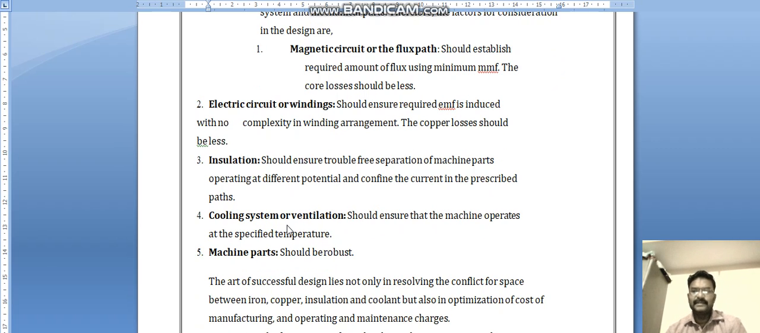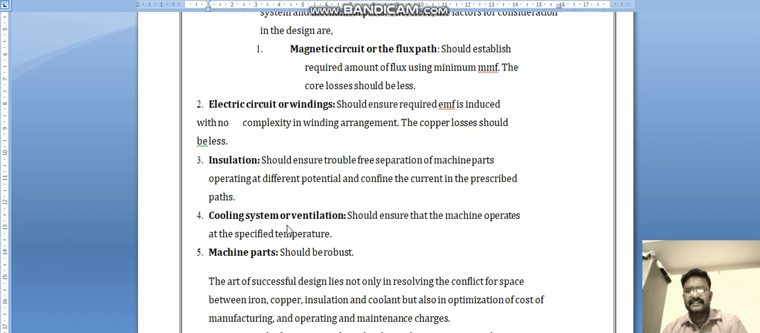Insulation will separate the stator and rotor, as well as the windings present in the stator itself. It should not be short circuited, so each and every winding will be separated by insulation. And the cooling system or ventilation is a very major thing for all machines to give good performance, because if cooling or ventilation is not present in a machine,